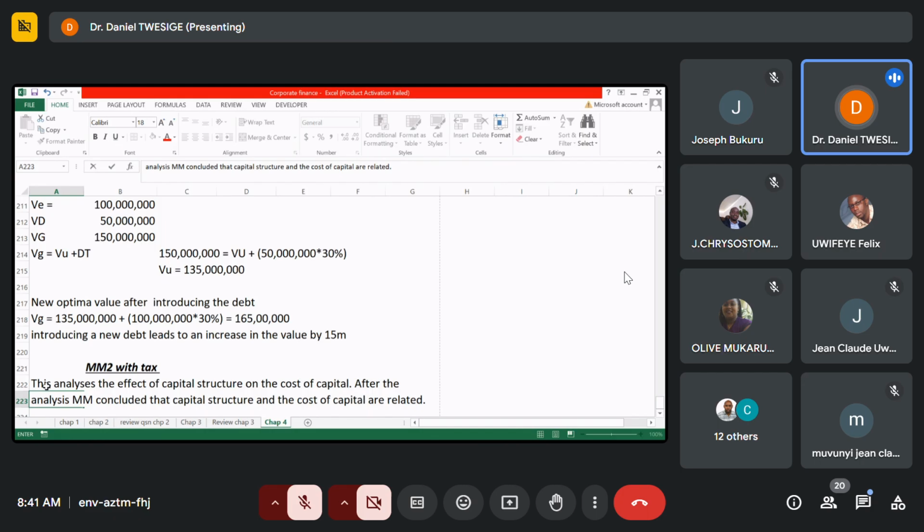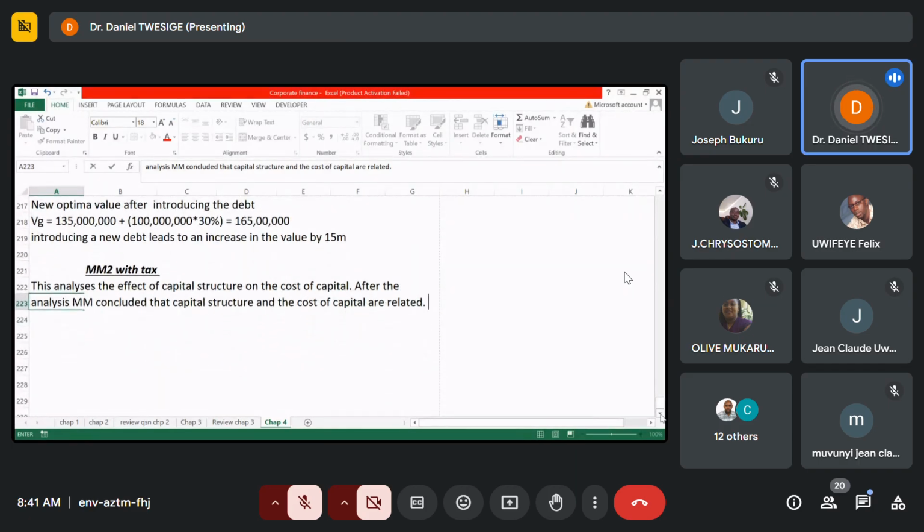are related. So, like what we saw in MM2, if you remember, without tax it was that capital structure and value of the firm are not related, because in that case they ignore the tax. Now, if we look at this proposition in MM2,